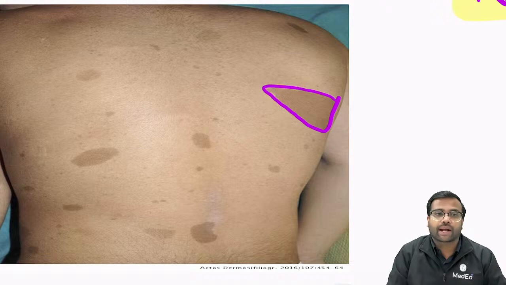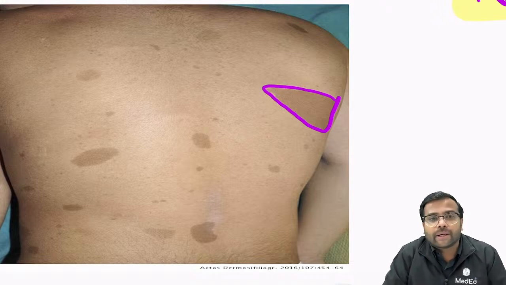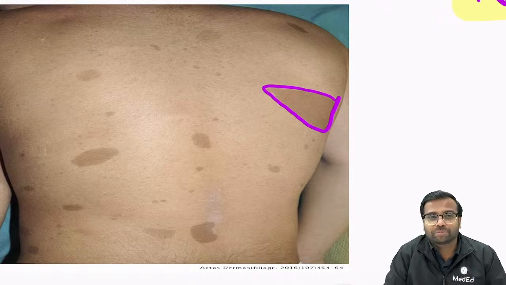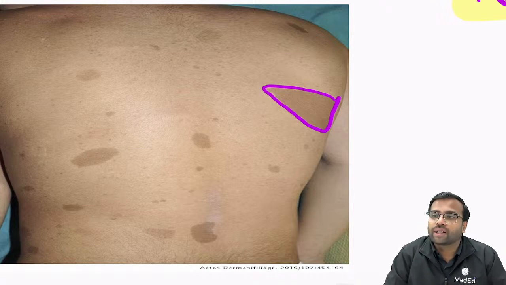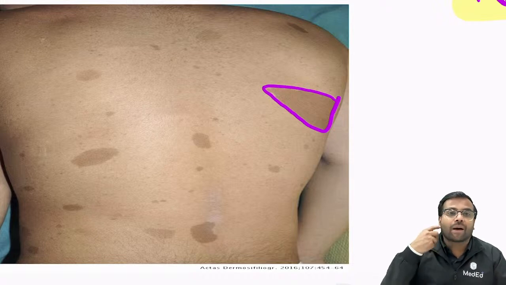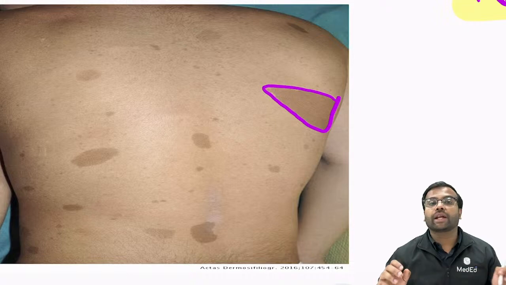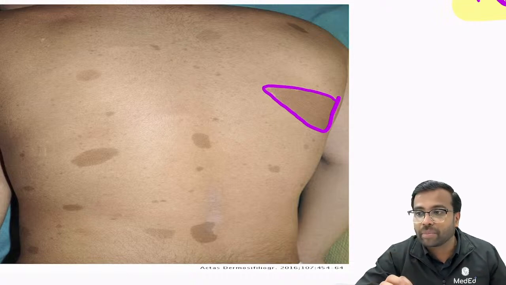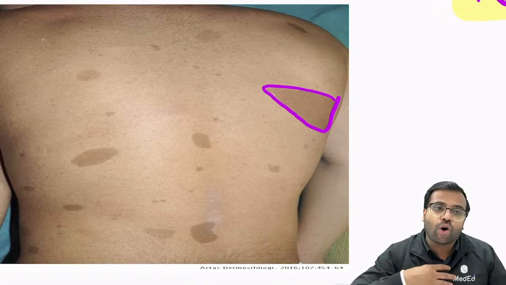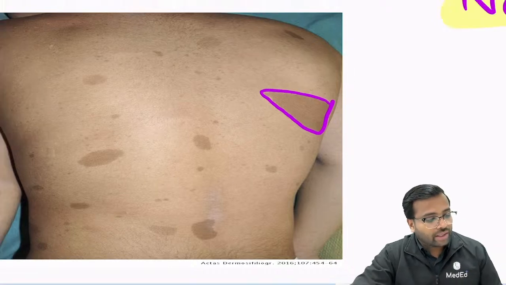Well circumscribed lesion. Now what color is this? Is it black, brown, or blue? Black, brown, blue. Quickly, in the chat box please. So what is this color? This is obviously going to be brown. So where did we see such patches earlier? That was over the face. That was melasma. But if you are getting brownish hyperpigmented patches over the trunk,